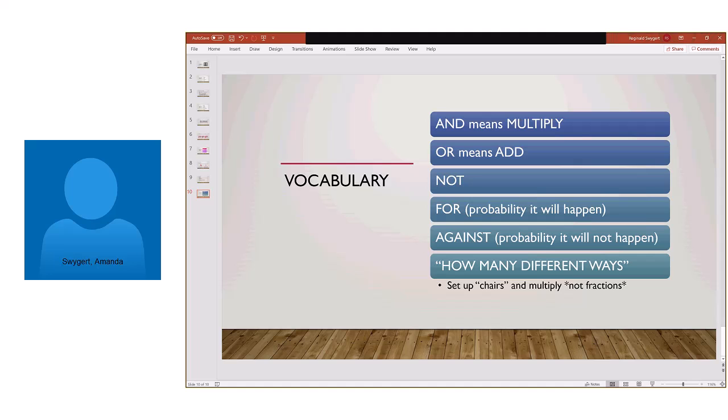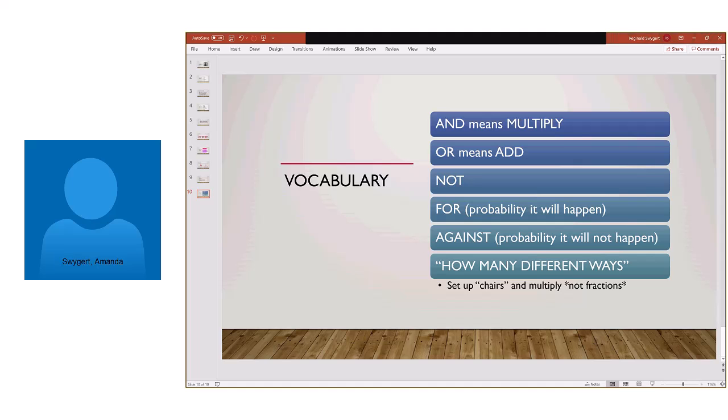So how many different ways shows you a total number of the amount of options that are possible. Okay, so if I were to say, this is a silly example and you'd never be asked it, but just to show you, what's the probability of choosing a card from a deck of cards? The probability is technically 1, right? Because obviously you're going to pick a card. If I said, how many different cards can you pick when you pick a card from a deck?